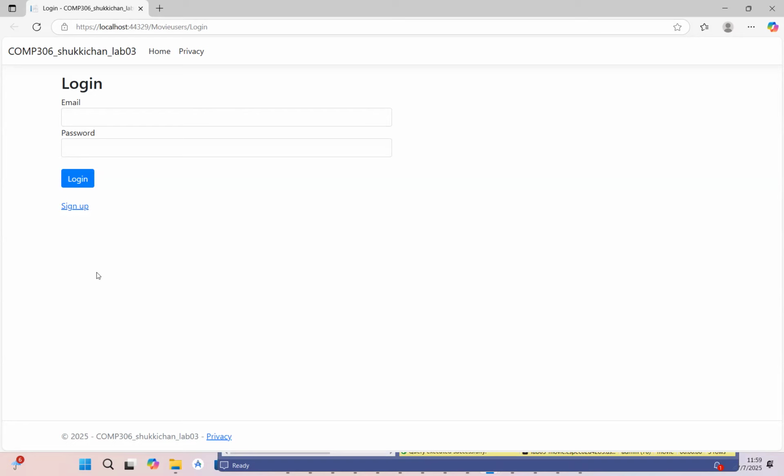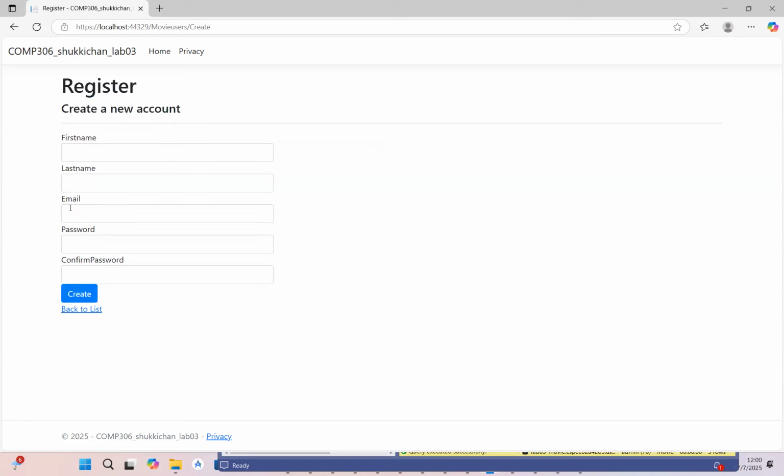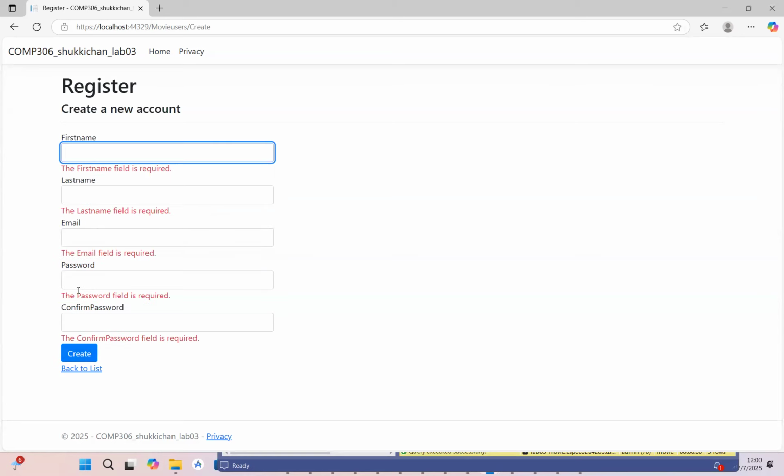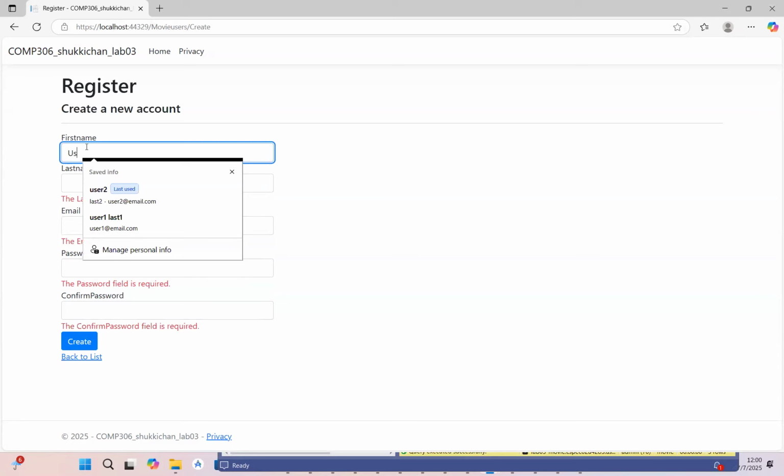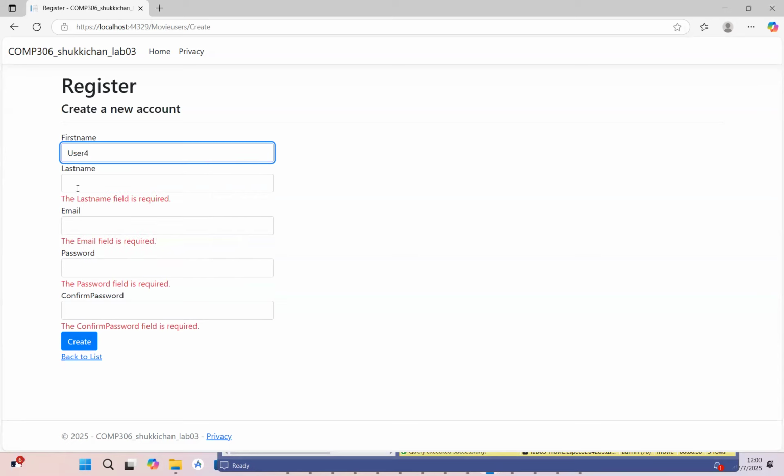I'll start with registering a new user by clicking this sign up link. You can see if nothing is entered and I click create, the validation is triggered and an error message will be shown. And if I enter all the information,